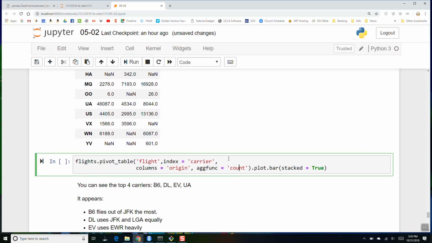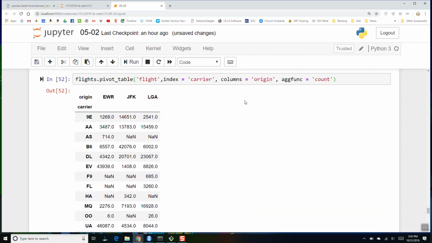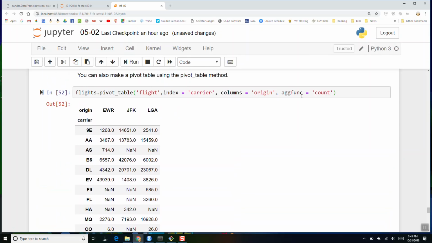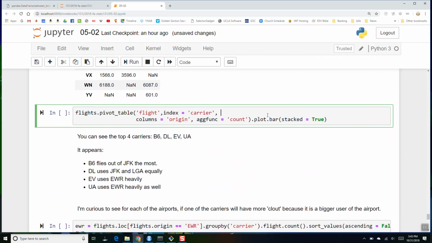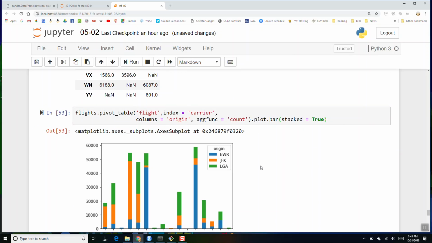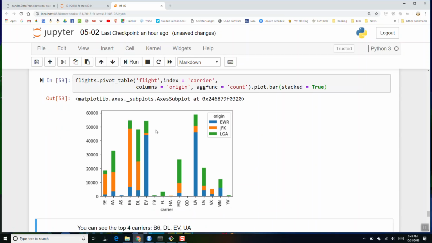Okay, and over here I have the exact same thing, the pivot table. I'm taking this pivot table and then calling plot, and we're going to say bar and then stacked equals true. Okay, and when we do that, we get a bar plot where things are stacked. And so here we can see the four biggest